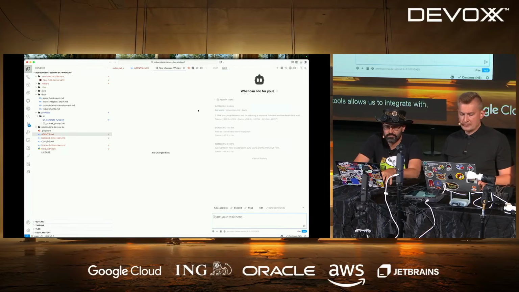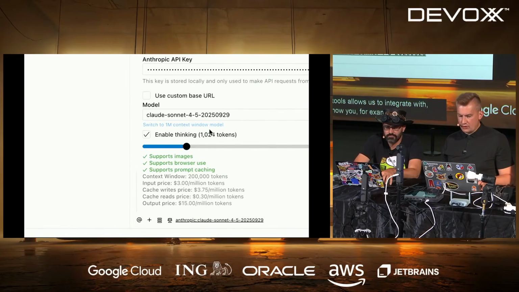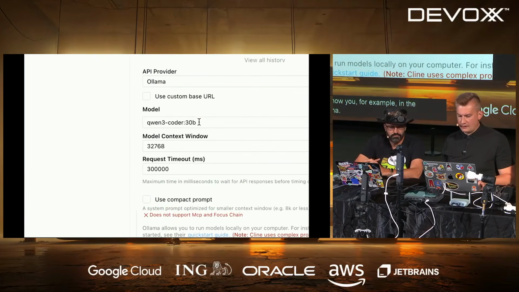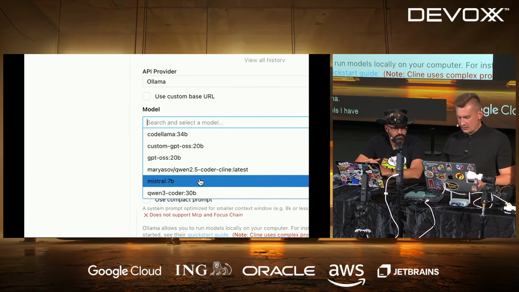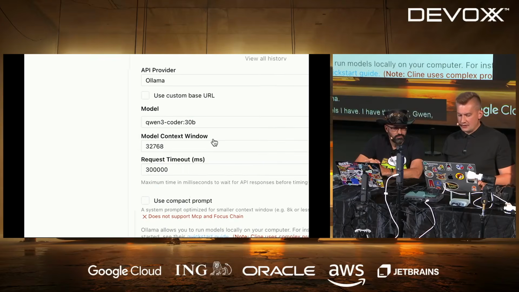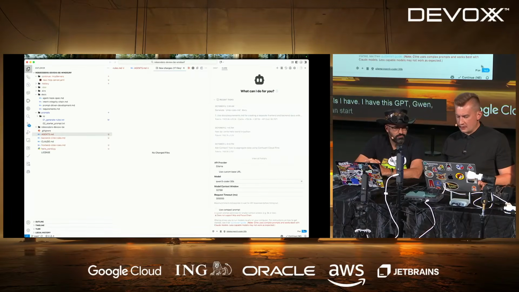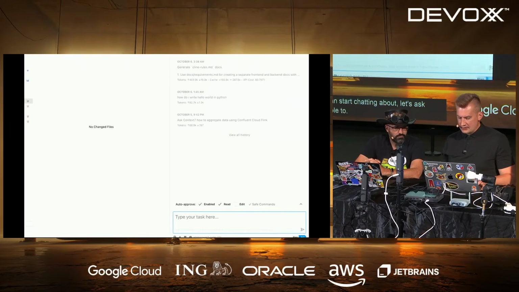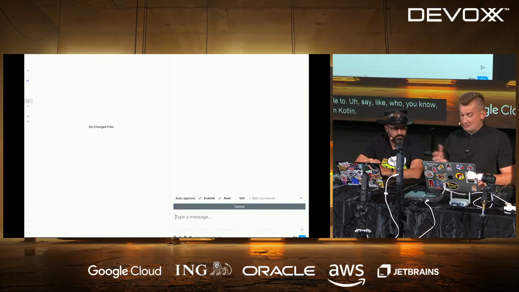with Ollama. So in this case, I can show you, for example, in the selection of the model, I can select Ollama. It runs locally. It found what kind of models I have. I have this GPT, Qwen, and these things. After that, I can start chatting. Let's ask something simple and see if it will be able to. Say, hello, write me hello world in Kotlin. We're using a coding model. Let's see if it works.